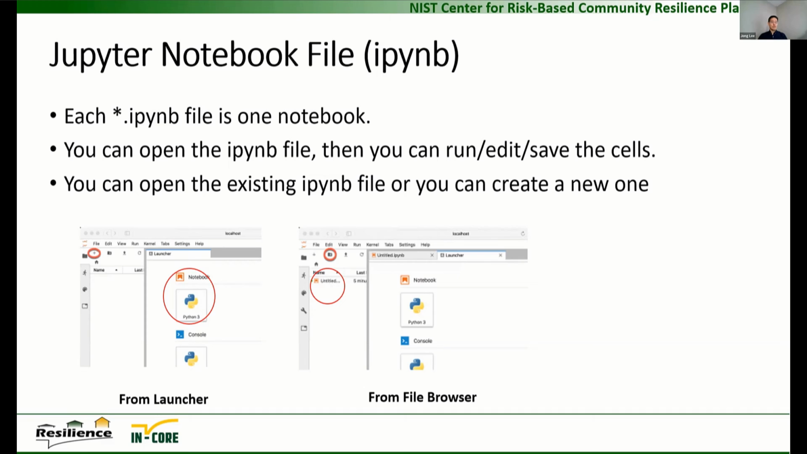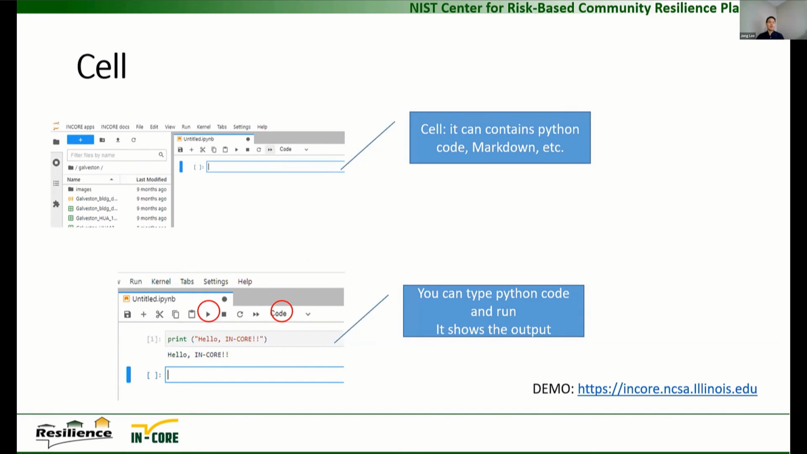You can open this Jupyter notebook file, then you can run, edit and save the cells. Or you can open existing files, or you can create a new one within the interface. So I'm going to show you a demo about how to create these things. Having said that, also when you open the Jupyter Notebook for the first time, or an existing one, you're going to